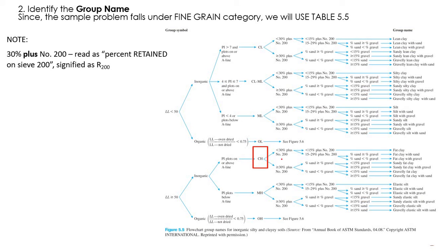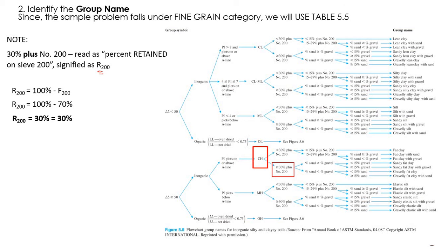So next is to check these conditions. Less than 30% plus number 200, or greater than or equal to 30% plus number 200. So note, 30% plus number 200 is read as percent retained on sieve number 200. This is signified as R200. So R200 is simply 100% minus our F200. So since alam natin ang F200, we simply substitute 100 minus 70 is 30%. So 30% is equal to 30%. Therefore, our category is